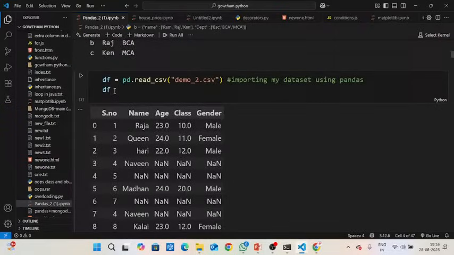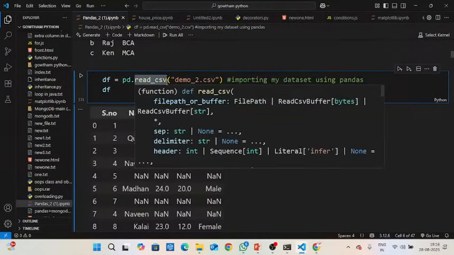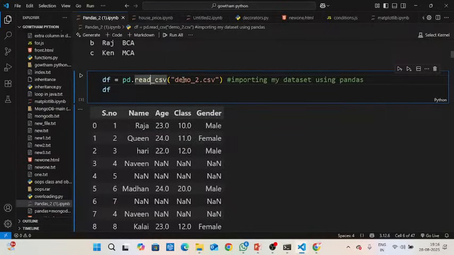After the third format, this was the most important format. We just load any external data set. I am calling pd and then mentioning read underscore CSV because I am going to load a CSV format. You can use any format. If you want, you can use text, and you mention the text file here. I am going to use a CSV file, so I give read underscore CSV and load my data set.